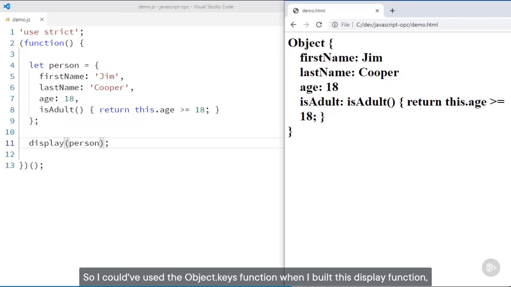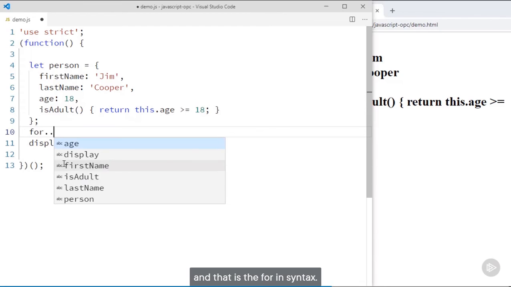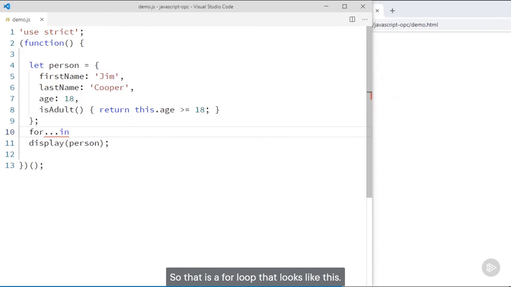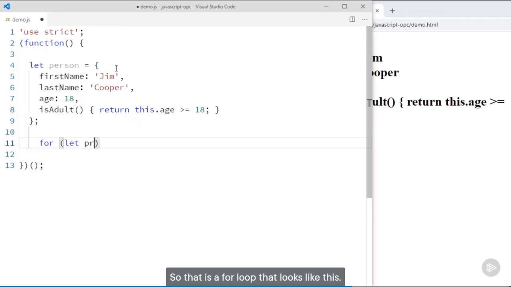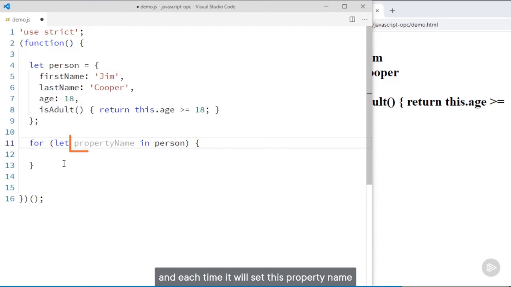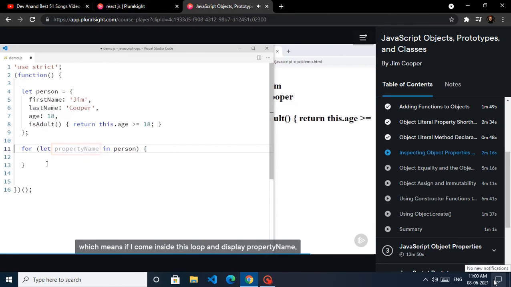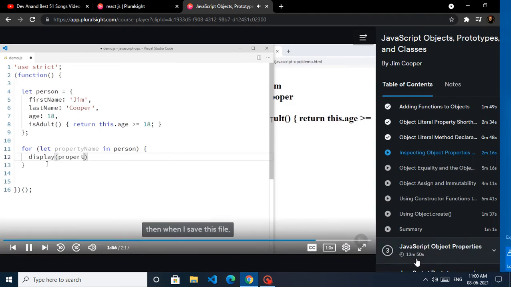So I could have used the Object.keys function when I built this display function, and that would have worked just fine, but I actually used a little different syntax that I like a little bit better, and that is the for in syntax. So that is a for loop that looks like this. So this is just a for loop, and notice that I've passed in the person object here. So this is going to loop over all of the properties and methods in person, and each time it will set this property name variable to the name of each property, which means if I come inside this loop and display property name,